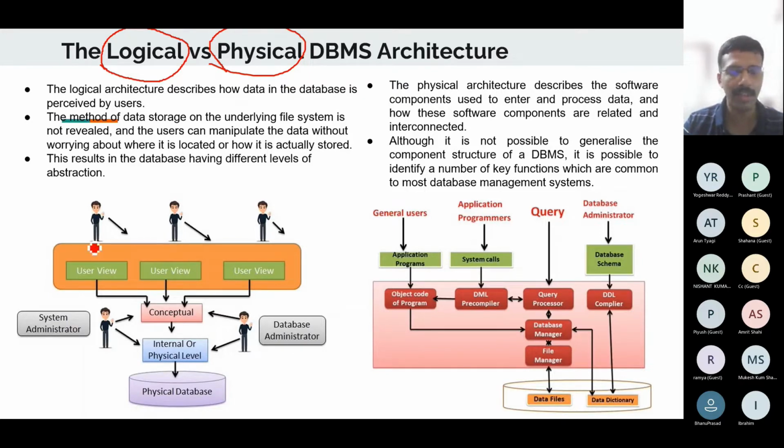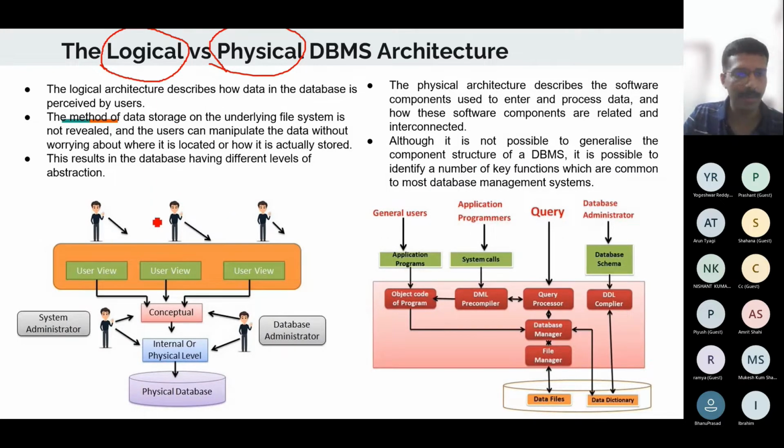So we need not learn each of these on the right side. You can just learn the left side diagram because that will be mostly used throughout our discussions for DBMS. The right side thing is just for your understanding purpose, of what all is there in a DBMS. And we will be seeing one or two of those in detail since those are important, like database manager, query processor, we will be seeing later. Then data dictionary, database schema, and functions of DBA we will be seeing. Other than that, you need not learn it by heart.